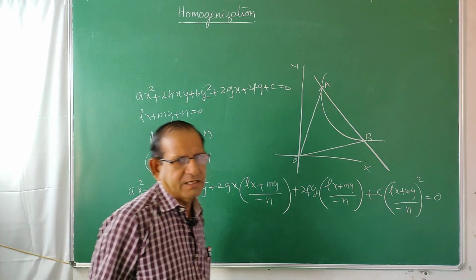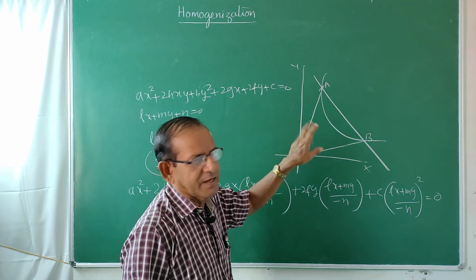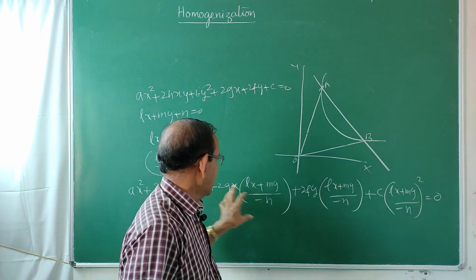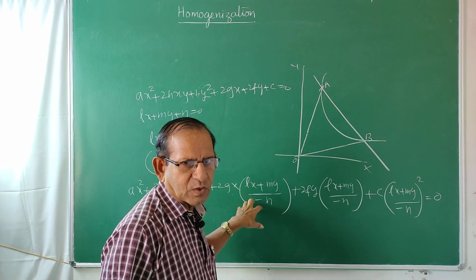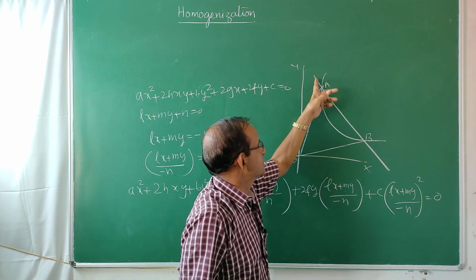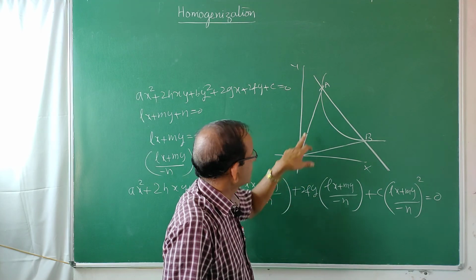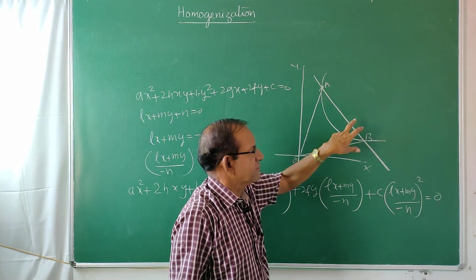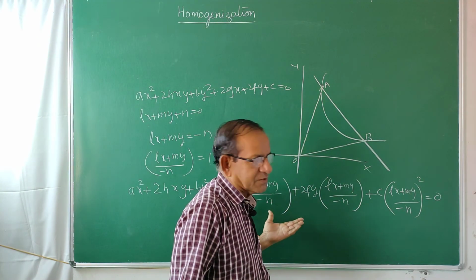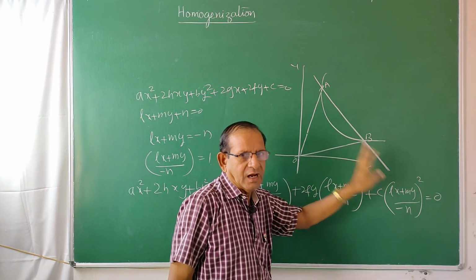You know that a second degree homogeneous equation always represents a pair of lines passing through the origin, and the equation of those two lines is obtained by making the equation of the curve homogeneous by using the equation of the straight line. That's why those two lines pass through the common points of the curve and the straight line also. So this equation is nothing but the combined equation of OA and OB.